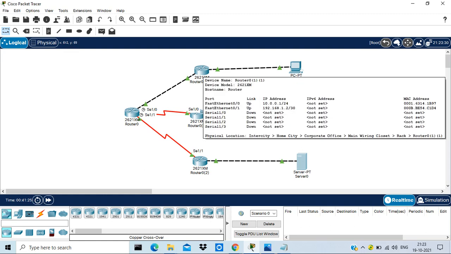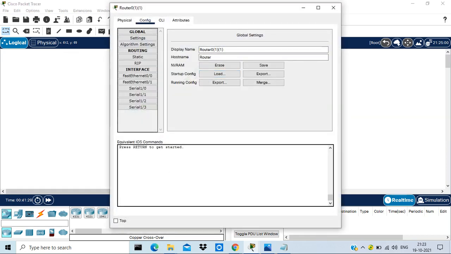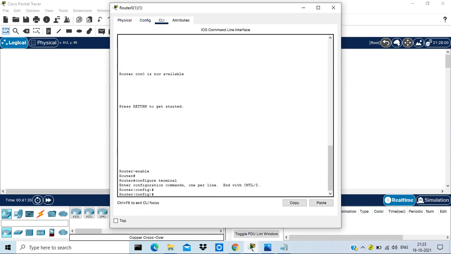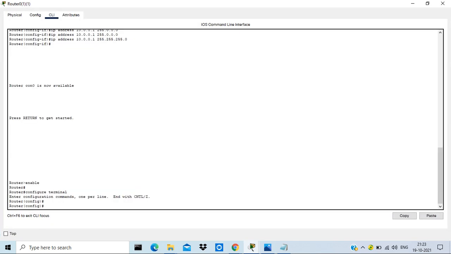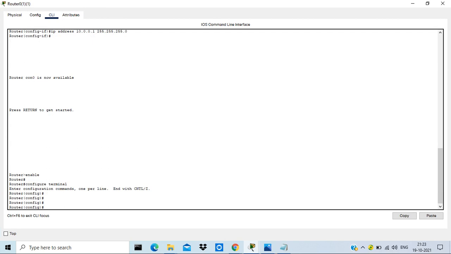I'm in this router, branch office 1, and I need to go to, again we can do a shortcut like here is a static, but instead I should show you through the CLI, that will be more helpful. So I'm in privilege mode, and from privilege mode I need to go to global config mode.